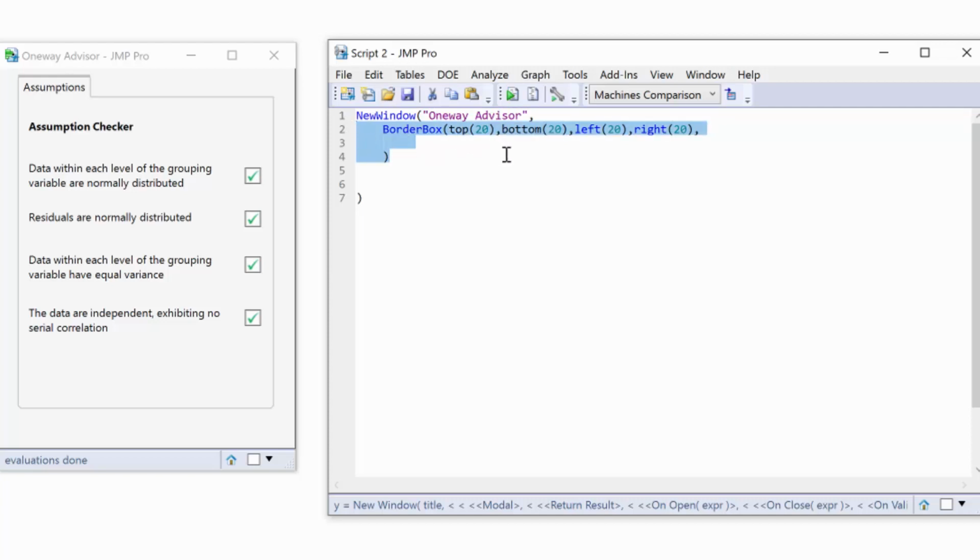So basically a new window comprises a collection of display boxes. Those are the graphical user elements that comprise the window. They're either things that you can see, like buttons and text and drop-down lists, or they are display boxes that control layout, and border box is one of the ones that controls layout. So now I could have had, if I put my text box back in,